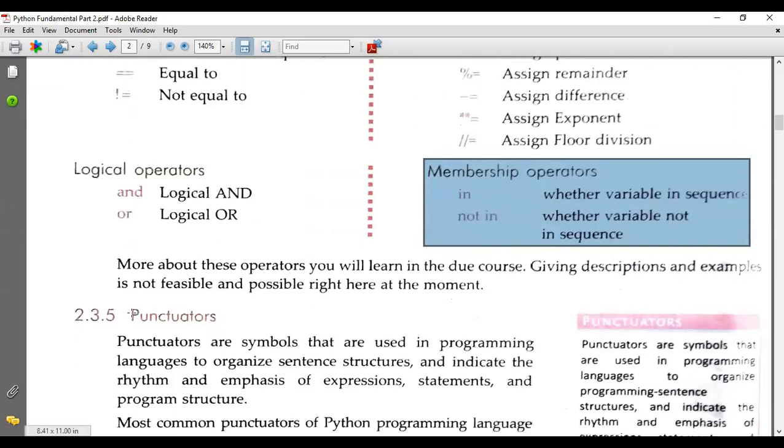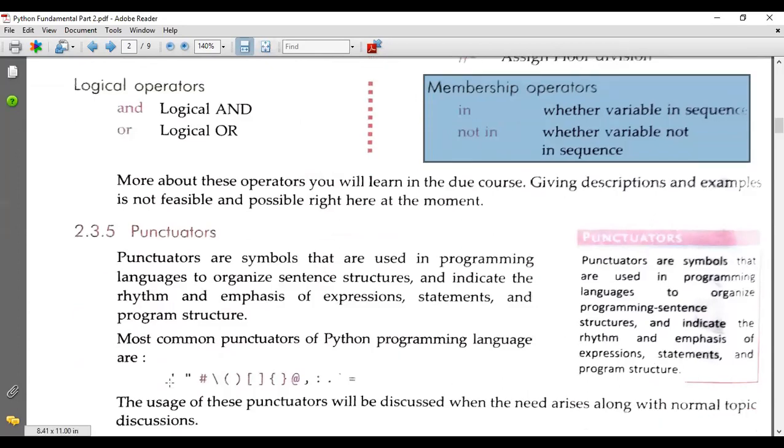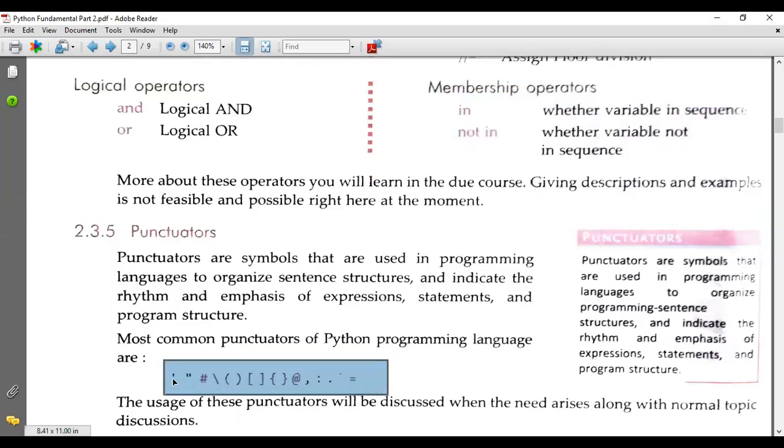Next is punctuator. Punctuators are the symbols that are used in a programming language to organize sentence structure. These many are the punctuators. You have seen punctuators on the keyboard also, like single quotation mark, double quotation mark, pound sign, division sign, small bracket, curly bracket, big bracket, @, comma, colon, dot. Everything you have seen on the keyboard also.